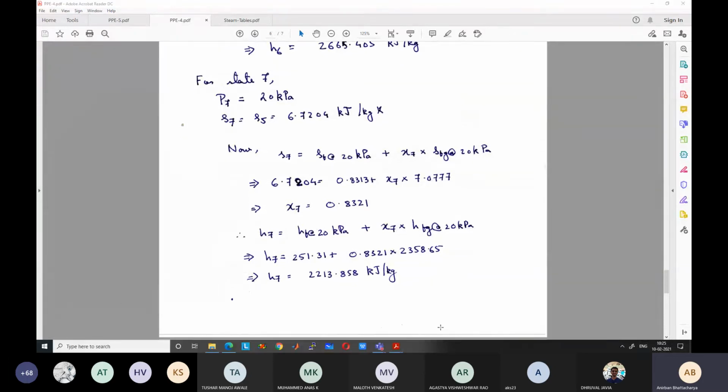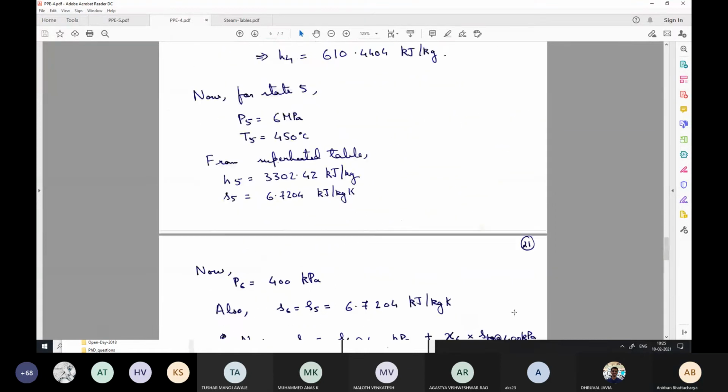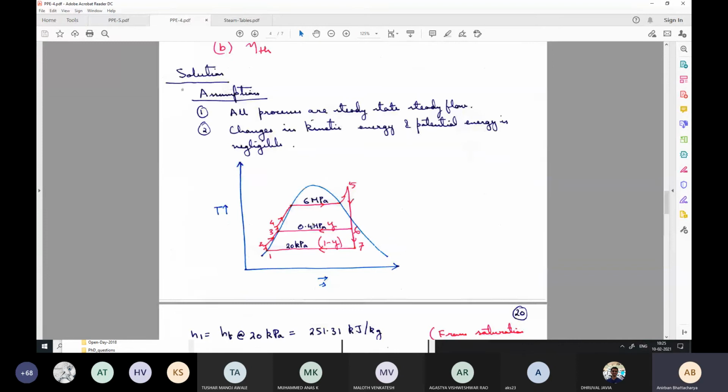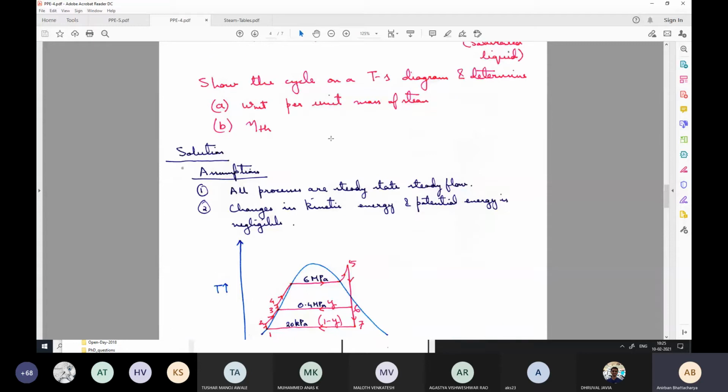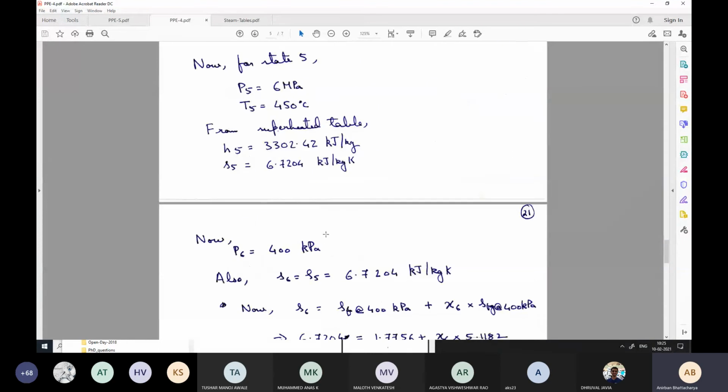So the only thing that is left for doing the calculation is calculating the value of y, because without calculating the value of y, we cannot calculate what is the net work output from the turbine, and that is needed to calculate the efficiency. Okay, so we need to calculate the net work output, and for this we need to know the value of y. How do we find the value of y? We have discussed today by doing energy balance of the feed water heater. Okay, we will keep the diagram of the problem open here.